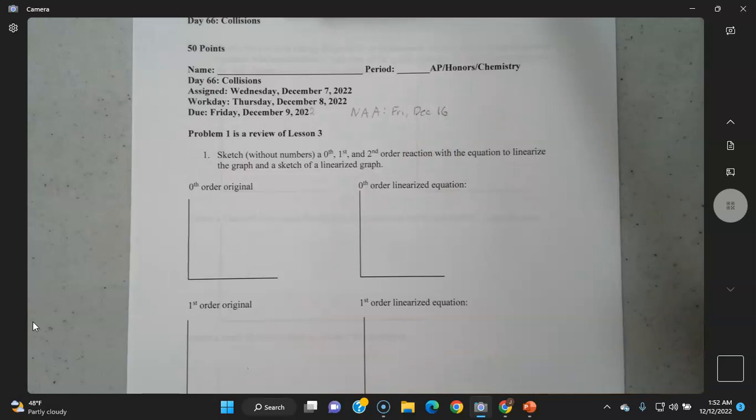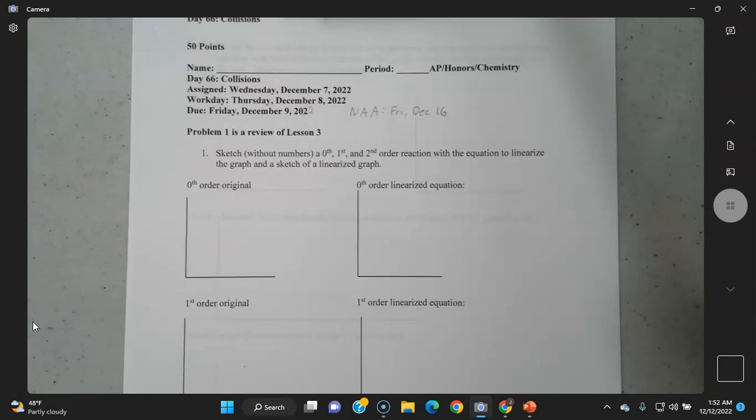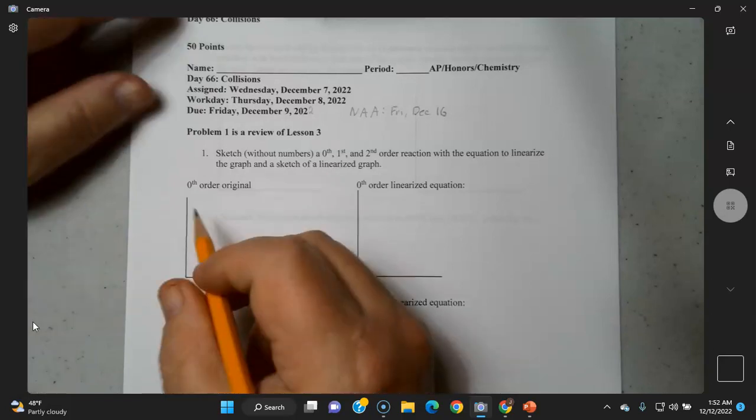All right, here we go. So sketch, this is just kind of a review. Sketch without numbers, 0th, 1st, and 2nd order. So 0th order,